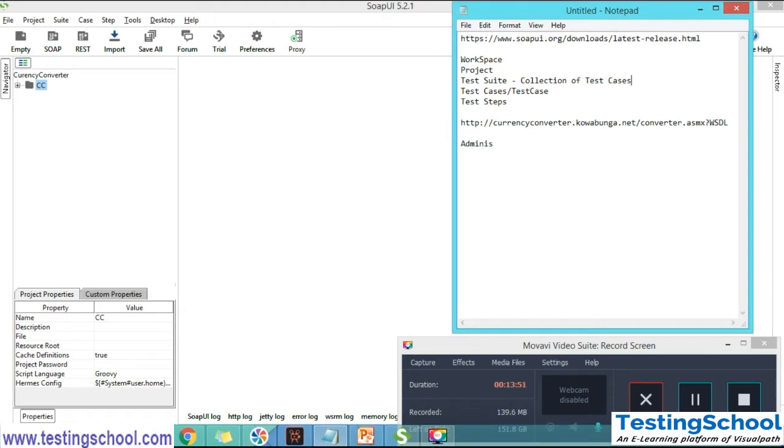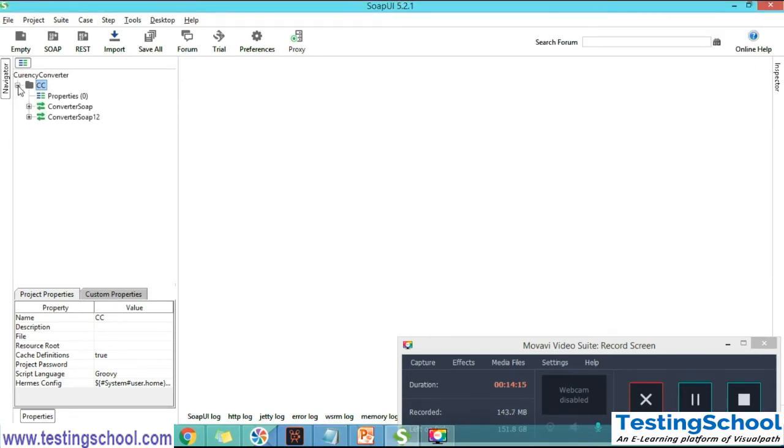In that we can create 20 test cases, and using the test suite itself, we can click a button and all 20 test cases run one by one. So that is the use of a test suite. We can see it in real time.